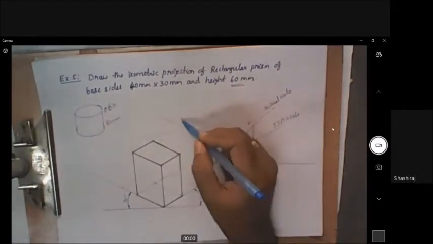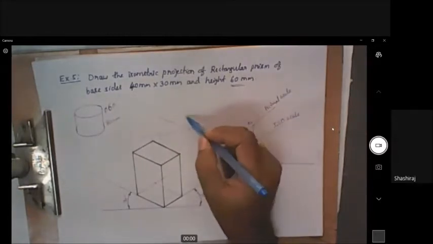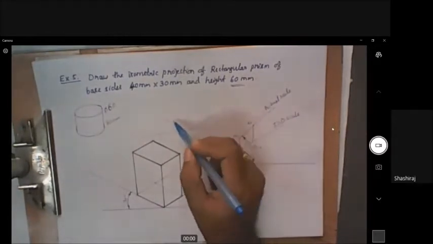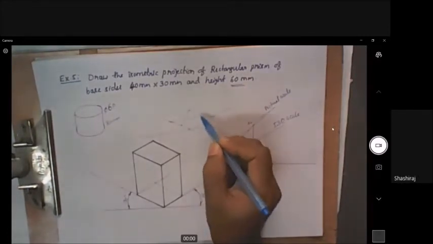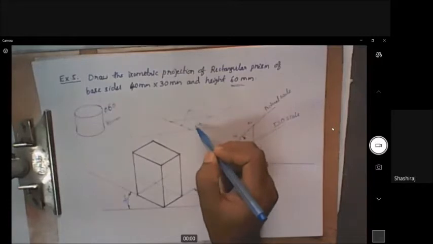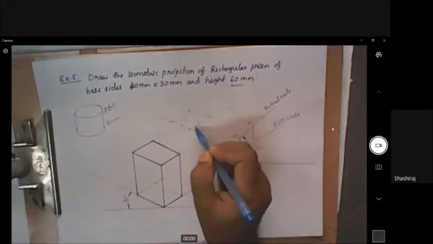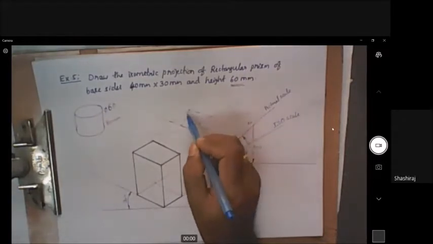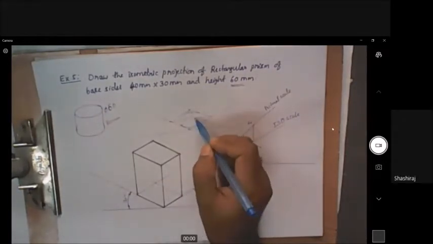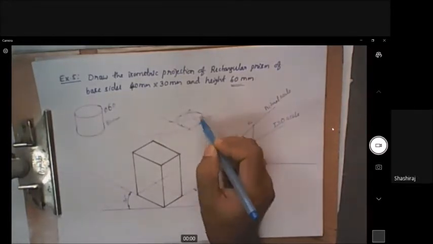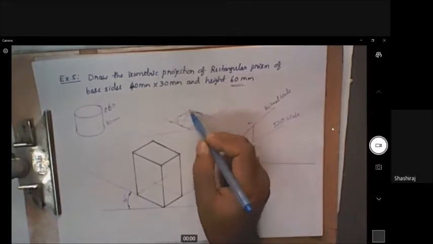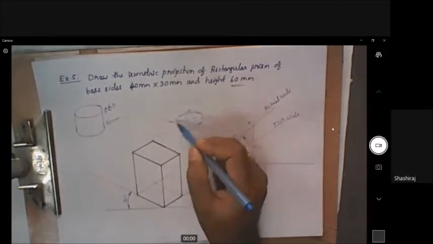This is a square box inside which you have to fit the ellipse. In the 4 center method of constructing an ellipse, you draw this line first, identify the midpoint, join this, identify the midpoint, join this. With this as center, this as starting point, you draw this arc. With the same radius, this as center, you draw this arc, and with this as center, draw this arc, with this as center, draw this arc. So this is how you construct the bottom face. Bottom face is circular, or in isometric projection it is an ellipse.